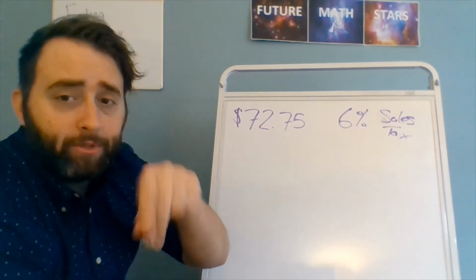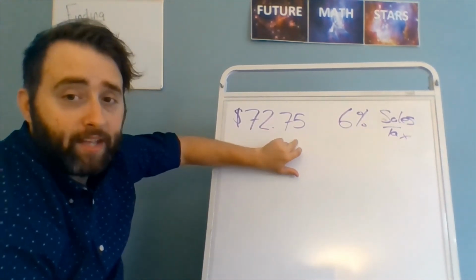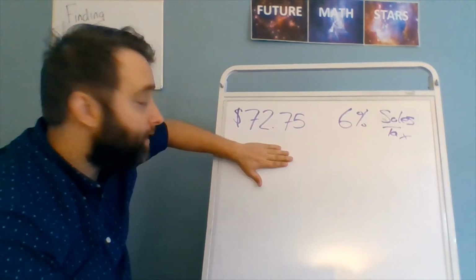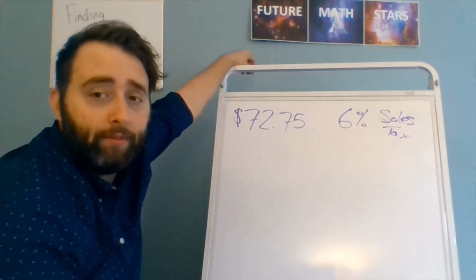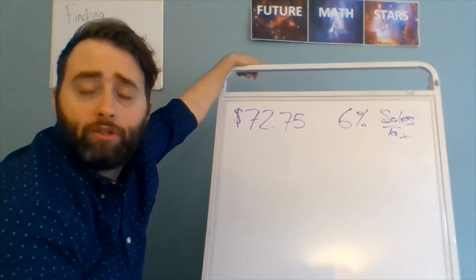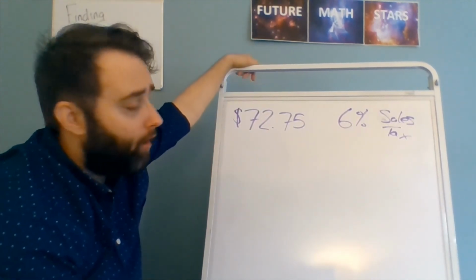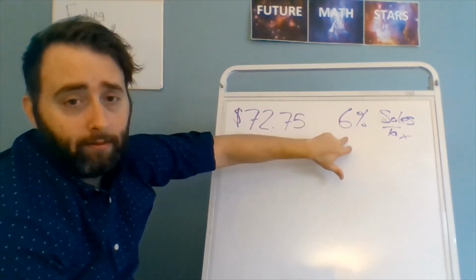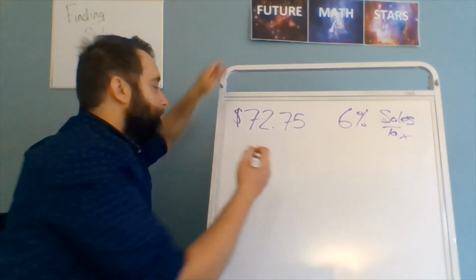Okay, we're back for problem 2. Now, for problem 2, $72.75. That's what your price is. You went shopping. You bought $72.75 worth of face masks to hand out to your neighbors. You're so kind. Look at you. Now, unfortunately, you still have to pay a 6% sales tax on that. So, simply put,